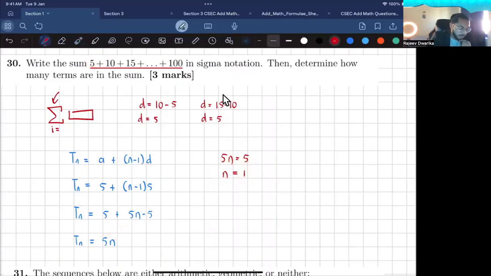Yeah. Right. So now we need to figure out what term we're going up to. So in other words, this sequence is stopping at 100. So 5n is equal to 100. And so what would be the last value I plugged in for n to generate that term? N would have to be equal to what? 20. Right. So if I'm writing this in sigma form, it would be,